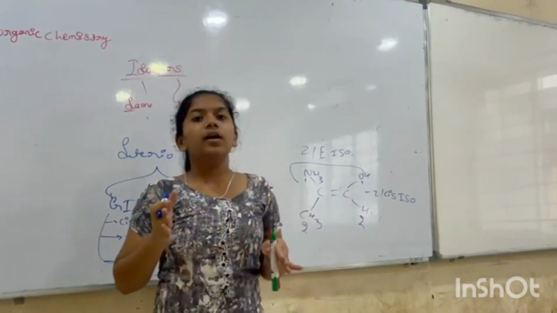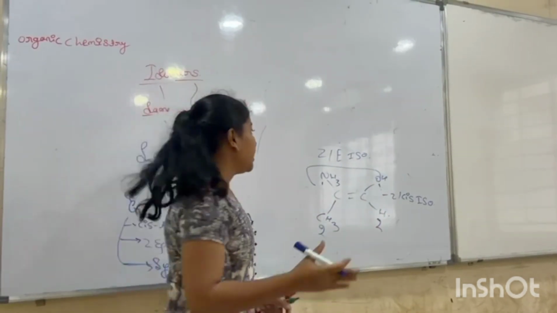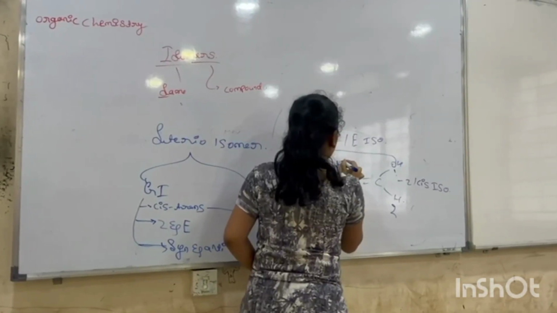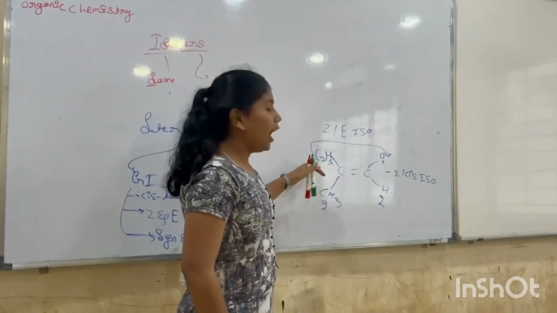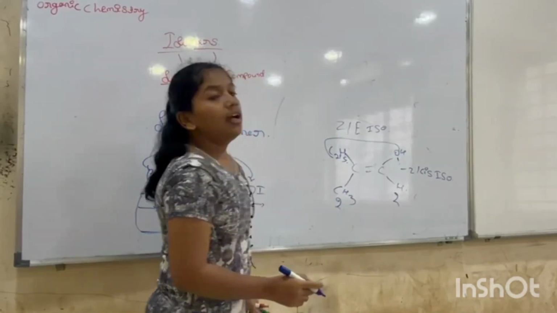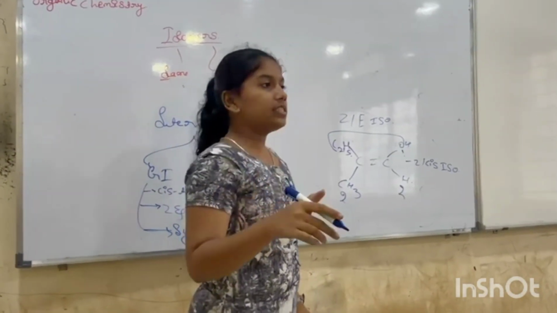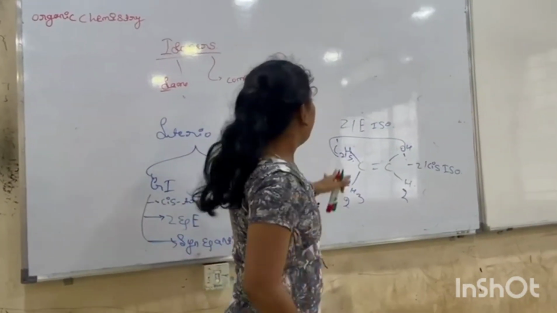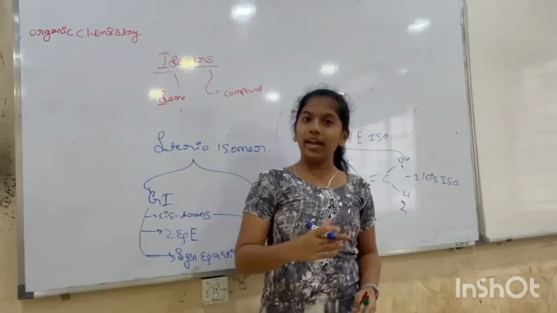In the second step, the first atom is the same in both cases. Meaning here also CH3 is there, and here also carbon is present. In this case also carbon is present. But inside these, two carbons are present. So we give numbers. First one is this and second one is this. After that, the isomers are present, meaning hydrogen and